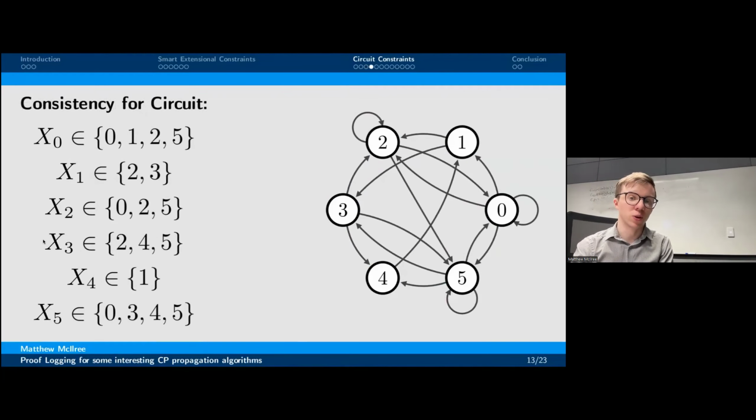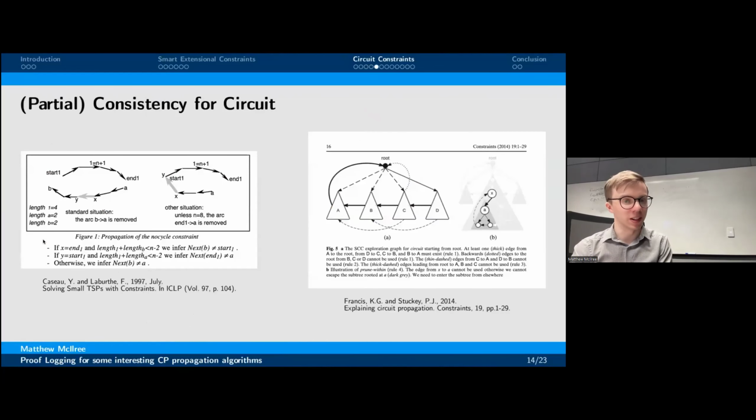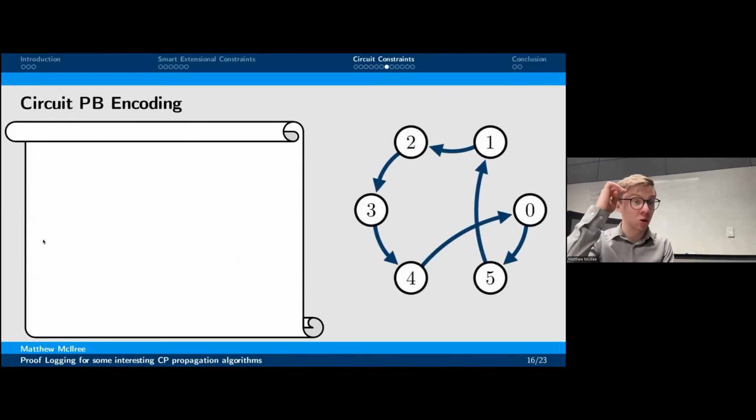So enforcing full domain consistency is NP-hard, like I mentioned, but there exist many ad hoc propagators that do various things, and I'll talk about how we can proof log at least one of these ad hoc propagators, which is very, very simple, really. It's essentially just a one-step look-ahead propagator, but it turns out to be useful enough that it's actually used in various CP solver